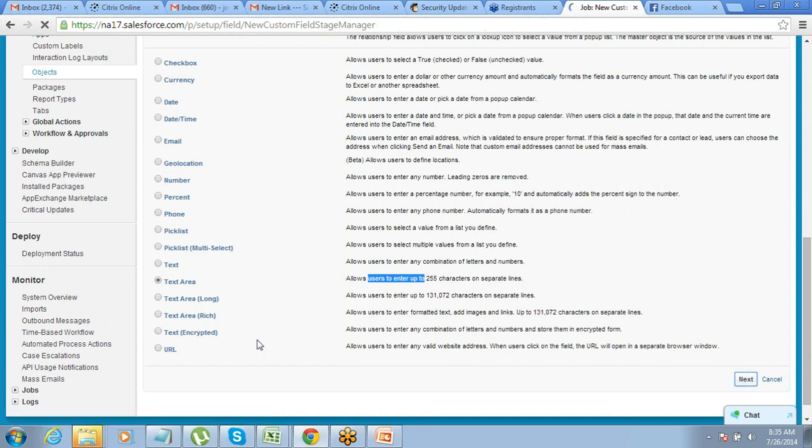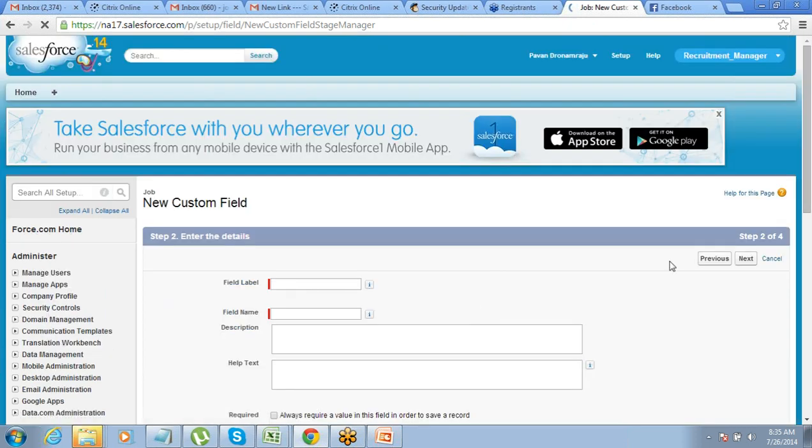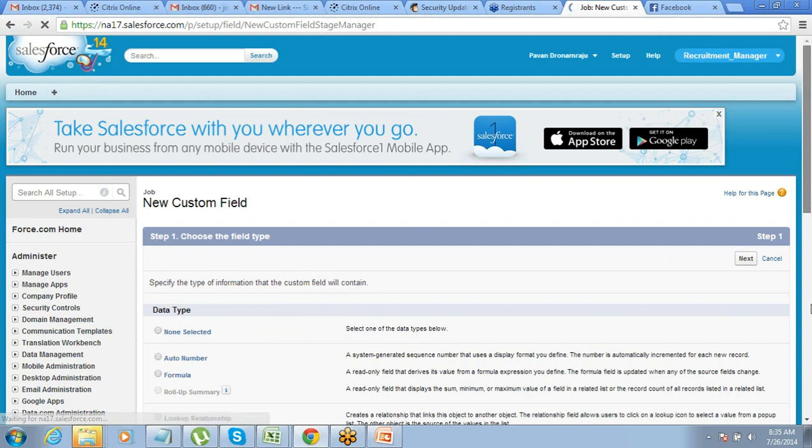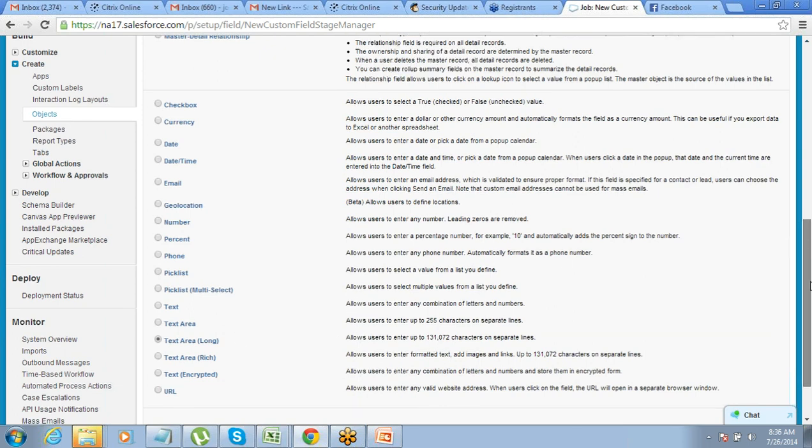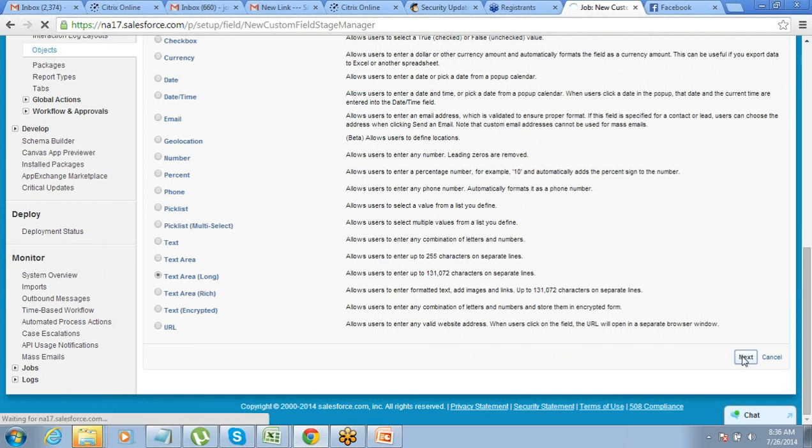You could have also taken a text area long. Let me take text area long. Whatever data types are here, you have them defined on the right hand side. Text area is 255 characters. Text area long is these many characters. So you can just read and select the exact thing that you need.